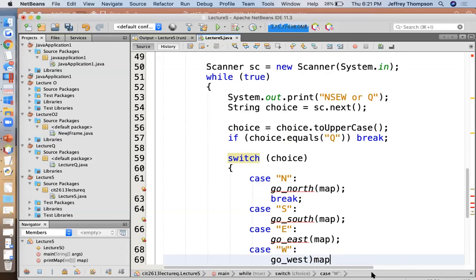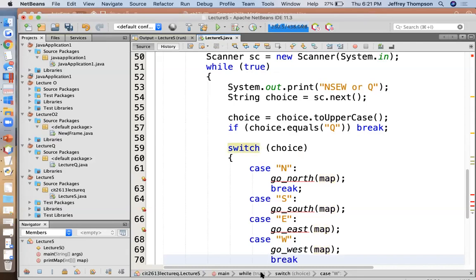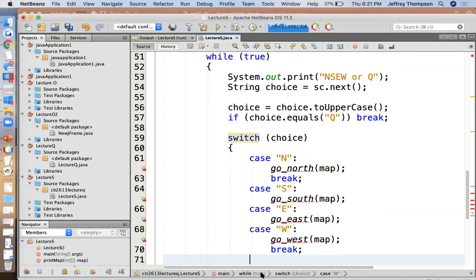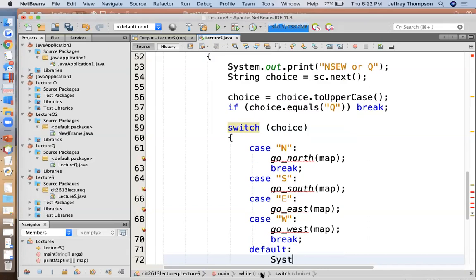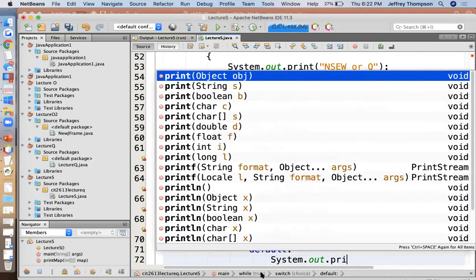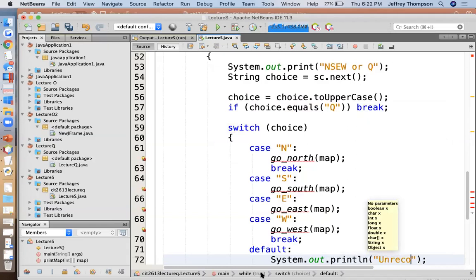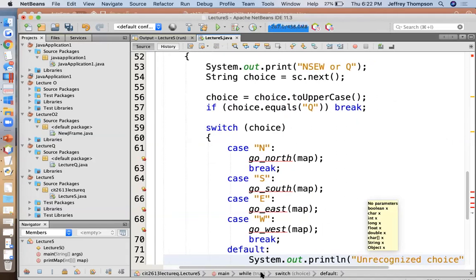Go west, young man. I don't remember anything about American history except that a guy named Horace Greeley said, go west, young man. All righty, and then break. And if they do none of the above, then we'll print out a message saying System.out.println("unrecognized choice");